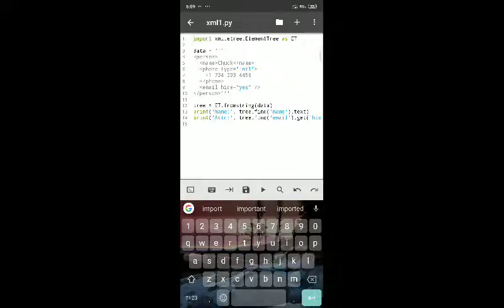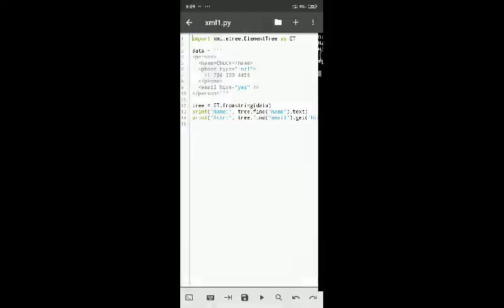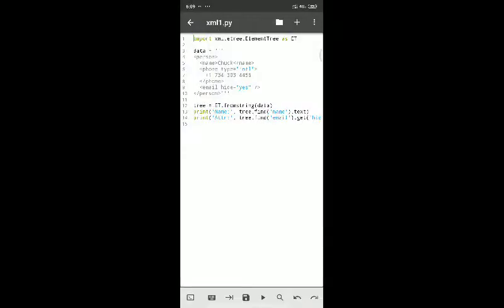Then we'll be extracting data in the form of tree equal to ET dot fromstring, the same example. Now I'll execute and show you. It will extract name and attribute. Simply I'll click on the play button so that it runs. Now you can see that name is extracted as Chuck, attribute as yes. It's very simple. Similarly, we have one more example here.